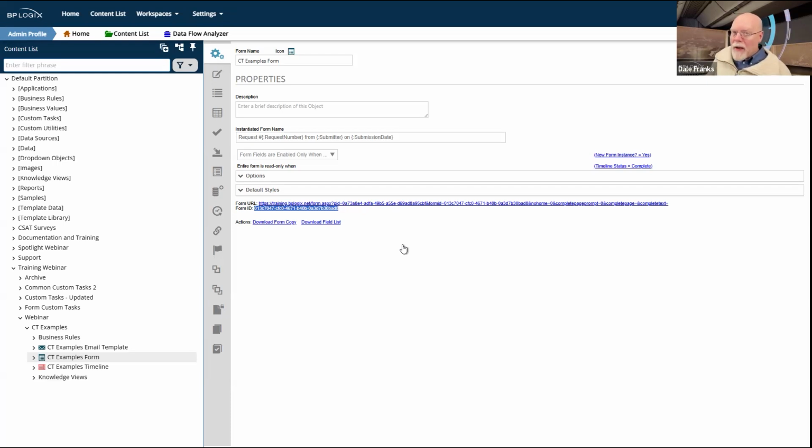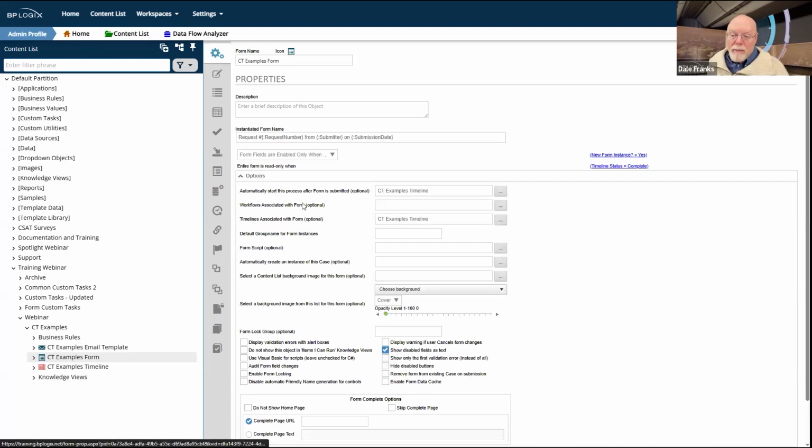So what we have to do on the import process, when we're bringing in objects from a different system, is this: in Process Director, if there's any links to any other object in the system, like generally for a form, we have this link here to tell us what process is going to be started when the form is submitted. Well, on your dev system, this is a link via a GUID, but whenever I import it, I have a little problem. Since I can't import GUIDs, I have to be able to find this CT examples timeline.